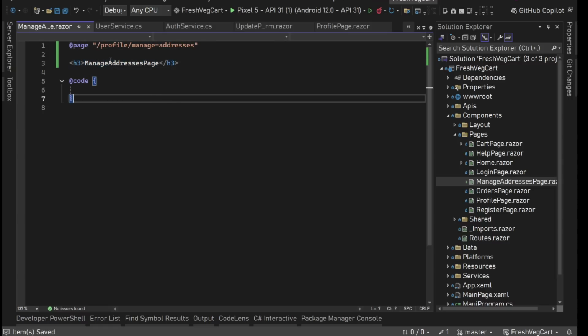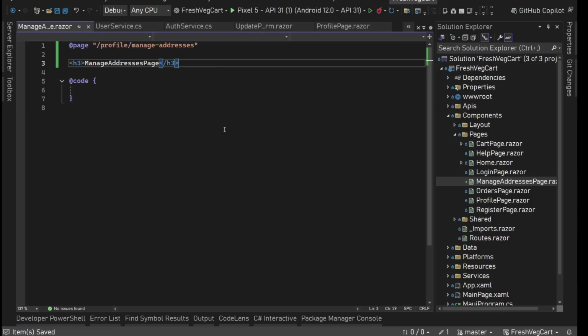Now for this manage address, I don't want it to be directly in our main layout. That means the top header and that bottom tab bar. I want this page to be something like a navigation stacked page. What I mean by this is it's going to be a page with a header, that nav bar with a back button, and this page will not have any bottom tab bar. Okay, so for this we need a separate